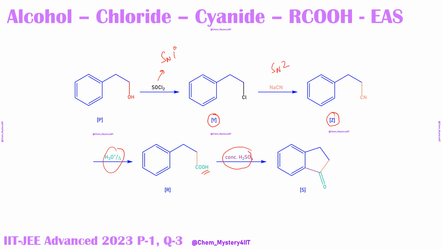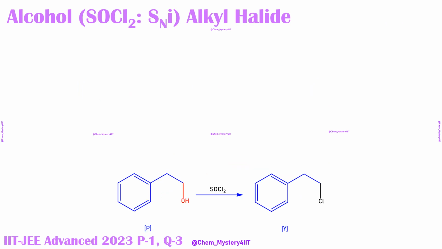This carboxylic acid is being converted in presence of concentrated sulfuric acid at some C double bond O plus. This is going to give you some intramolecular EAS reaction. SEi I can write. Sometimes we have written SEi reaction for this particular case. So we are going to split all these different 4 steps one by one. Here we go. For the very first step, which was reaction with SOCl2, we have been calling this Darzen's reaction,